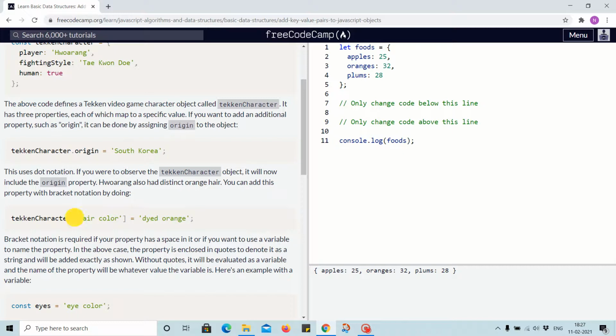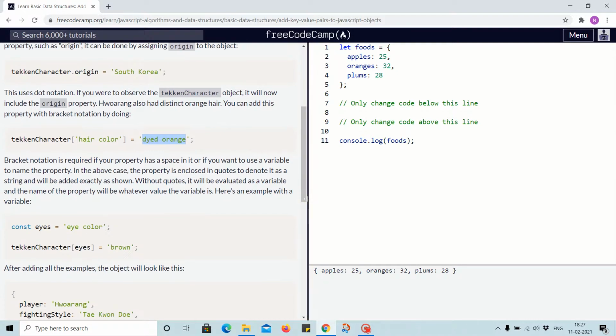We are using square brackets, which means bracket notation, for this property, and this is the value of that property. Bracket notation is required if your property has a space in it. Since it has a space, we can't write that in dot notation correctly, so we use bracket notation in these cases.